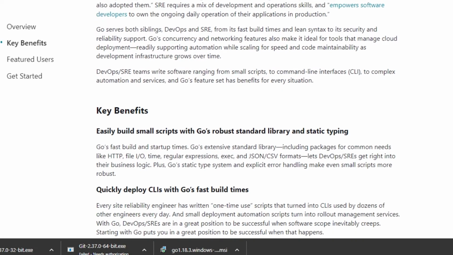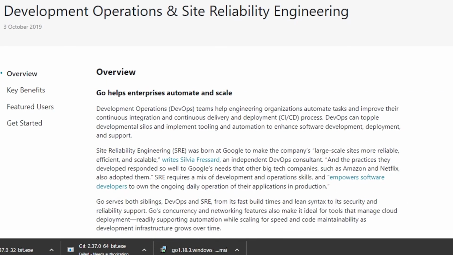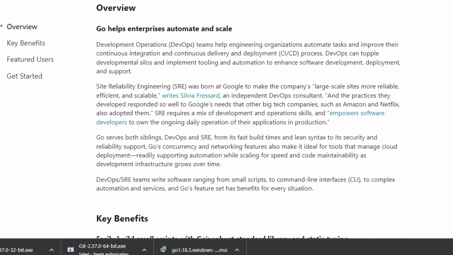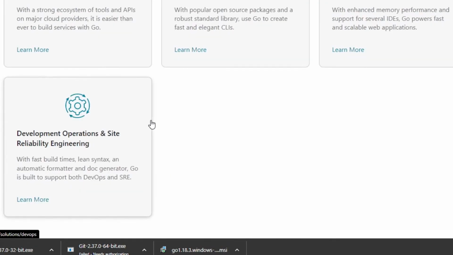So we can add different integrations to our Go. Of course, we will be adding them when we create our website, application, or software. It works really well with integration, gives us all of the different tools, and implements all of the tools that we need. So we can definitely depend and rely on it for site reliability engineering, which is also known as SRE, and it was also born at Google. You will get basic information here as well, as a complete beginner, if you have no idea. So you can just go to